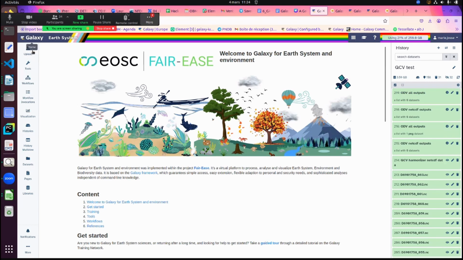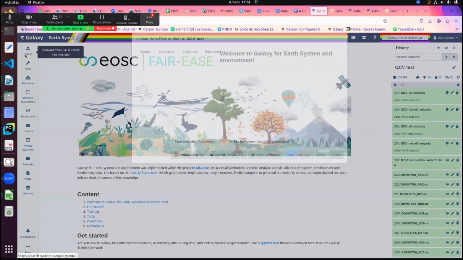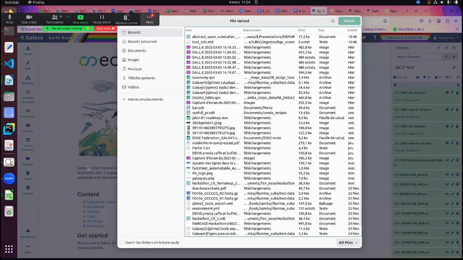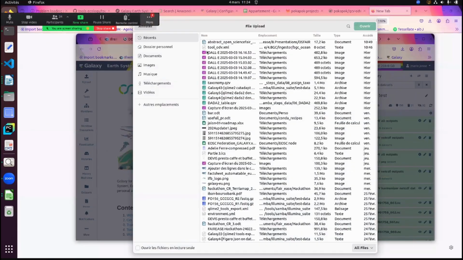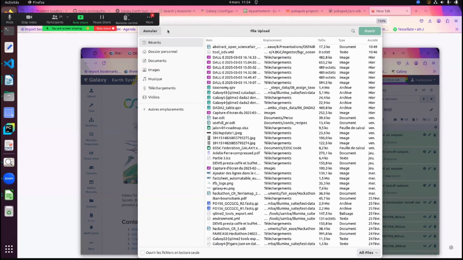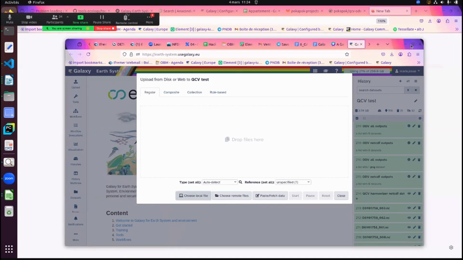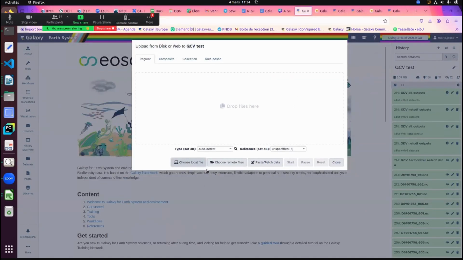So on the left side, you have upload here. This will allow you to upload the data you would like to process. You can either choose local files, so you can directly upload data from your computer. Sorry, I have a problem with the Zoom panel that is hiding the button. So yeah, you can choose to upload from your local computer,